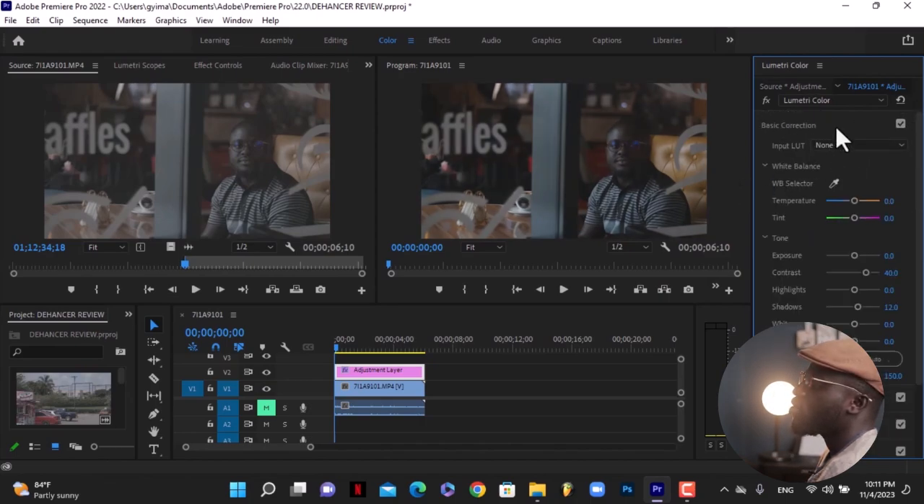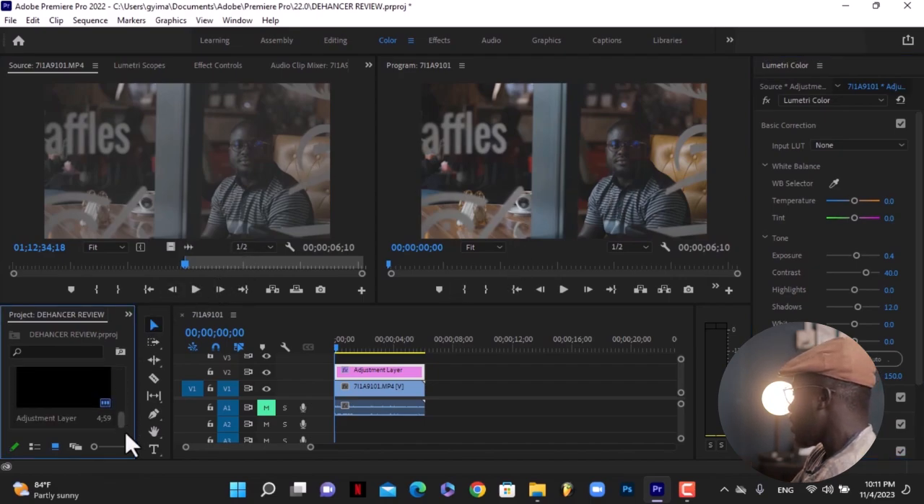I'll go back into my basic correction tab and I'll add a bit of exposure to the overall look of my footage. So let's say 0.4 is fine. So you can see the before and after of how you've gone with the footage. So once we are through with the basic correction by adding some contrast to the footage, I'll then come and